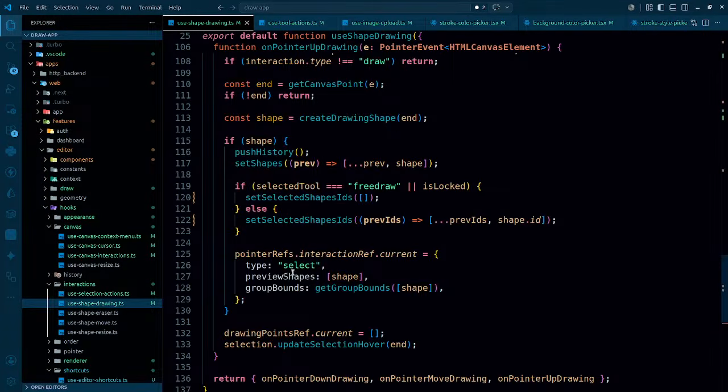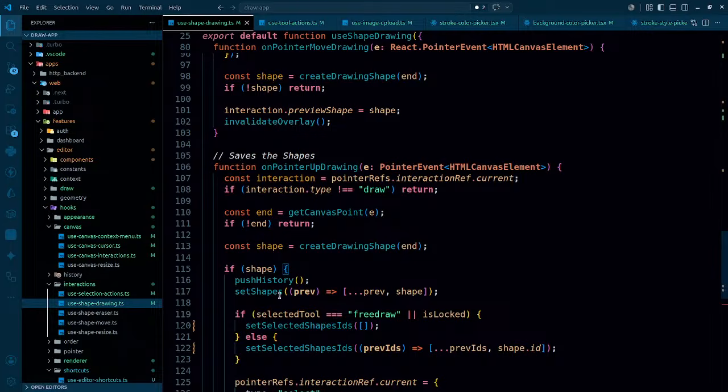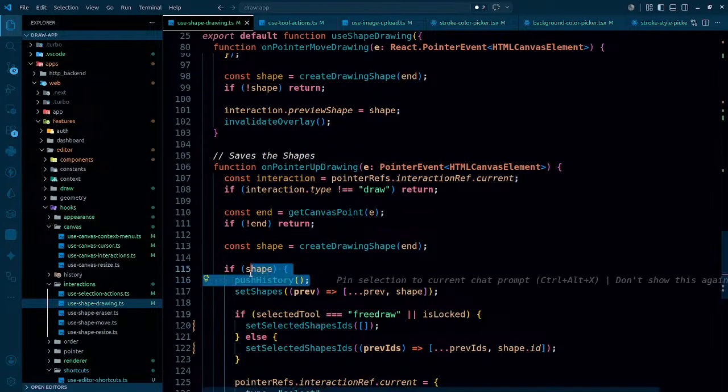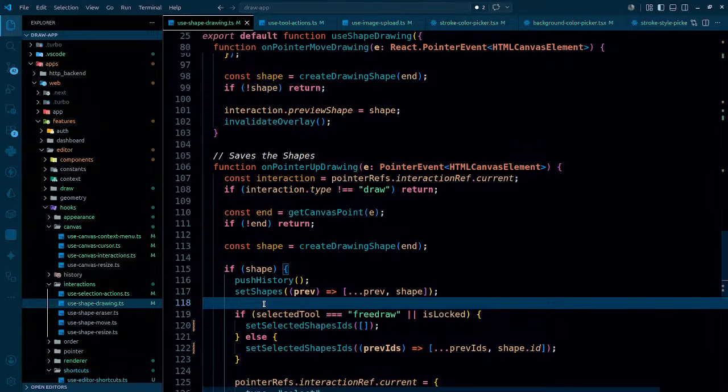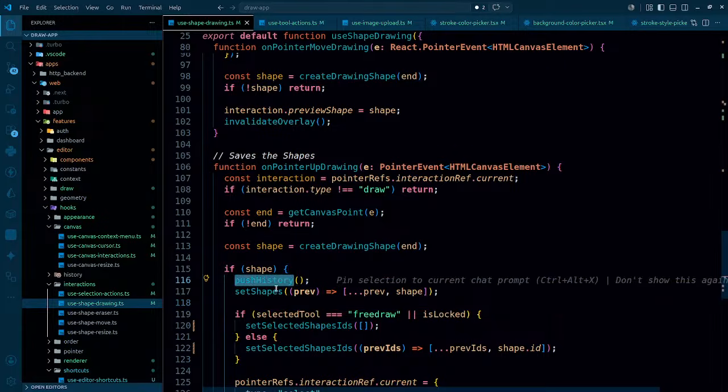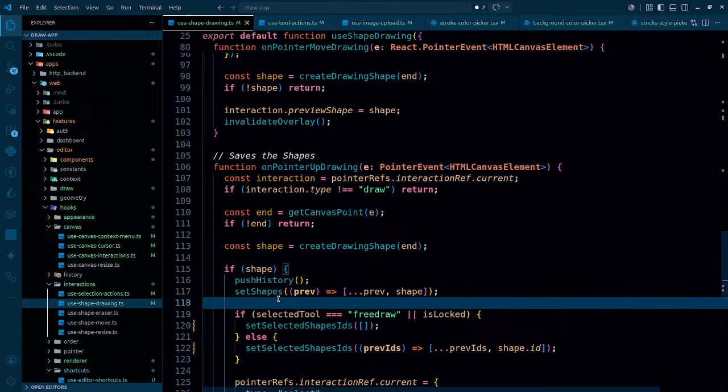So whenever the mouse up happens, we are pushing the history, right? Okay, the history is actually being pushed though. So if it's being pushed though,